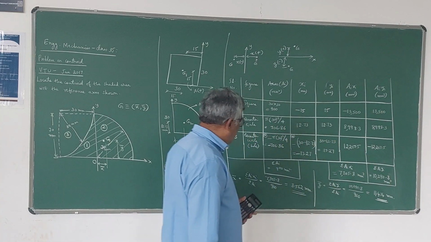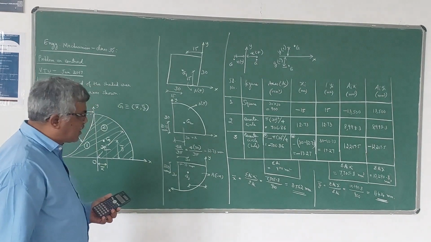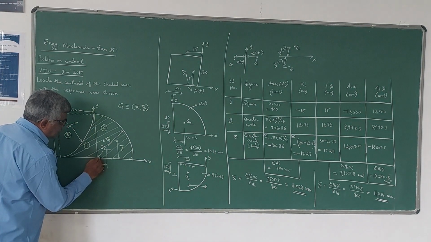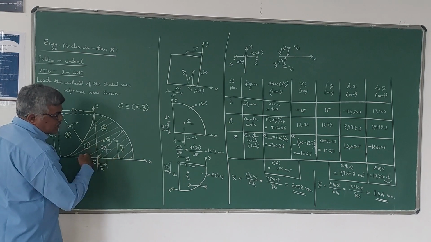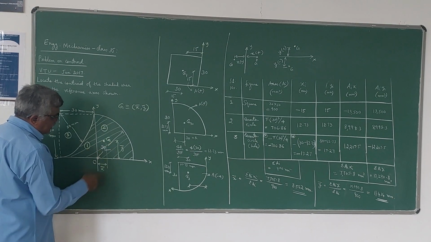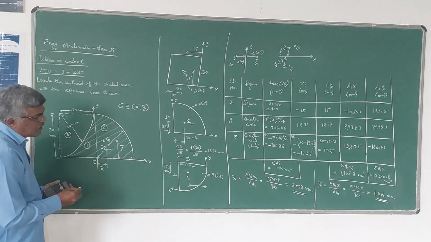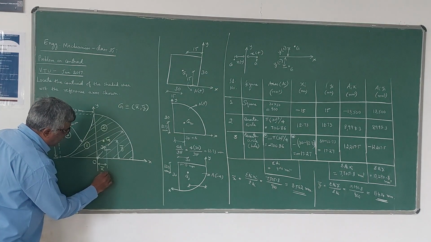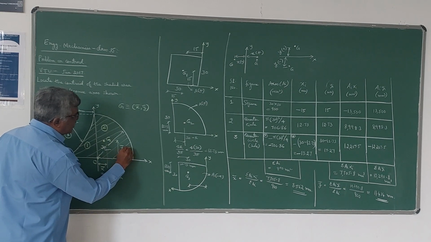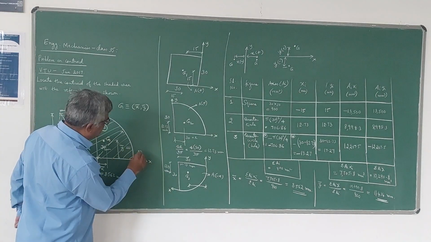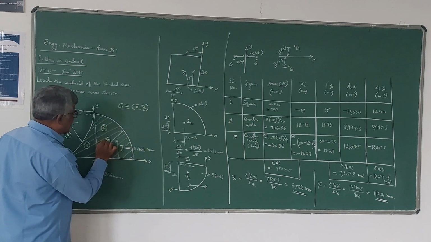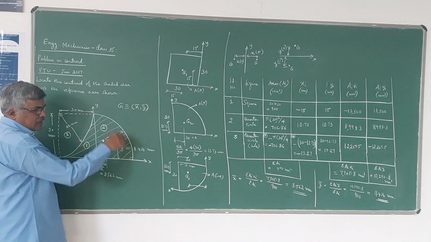You can see both x bar and y bar are positive. That means with respect to this origin, x bar will be towards the right, and y bar means above the x-axis. What I have shown here, the x bar value is 8.562 mm and the y bar value we got is 11.434. So this is the centroid of this shaded region. You should be very careful.